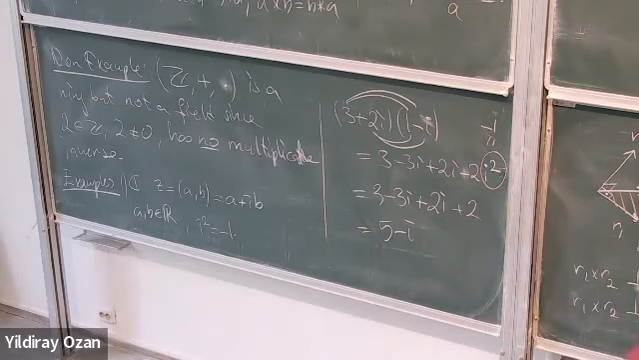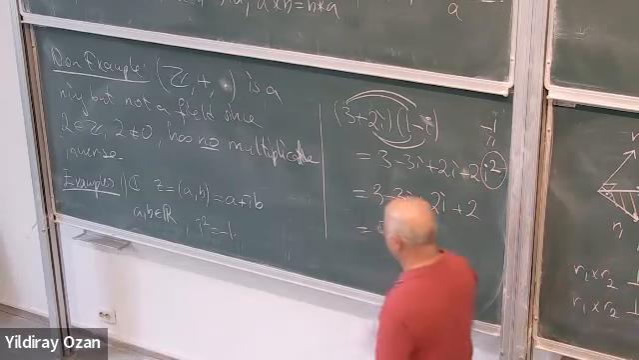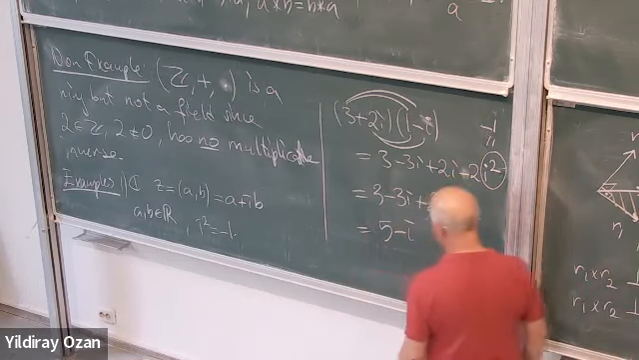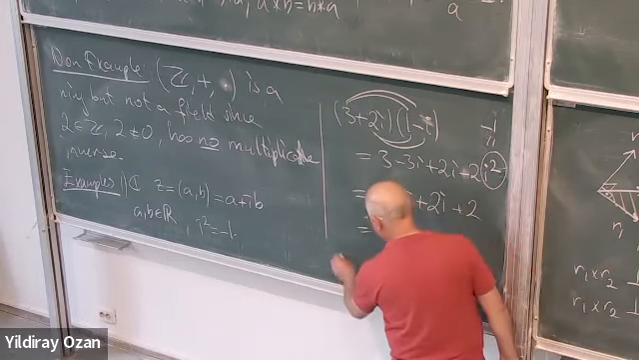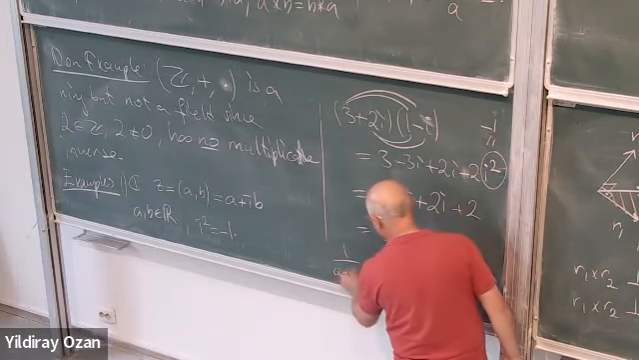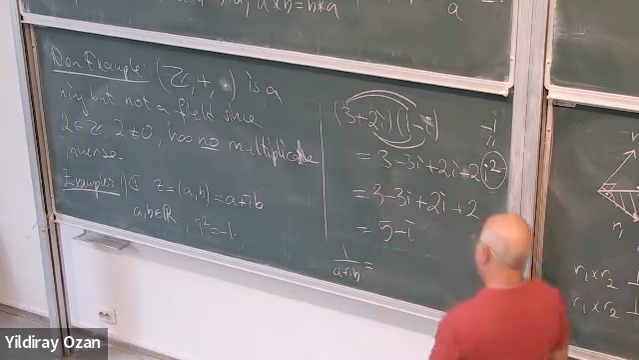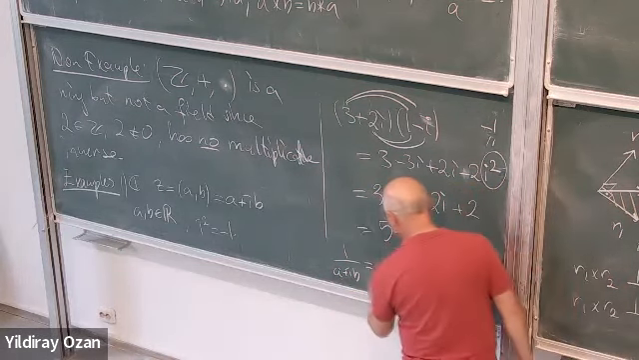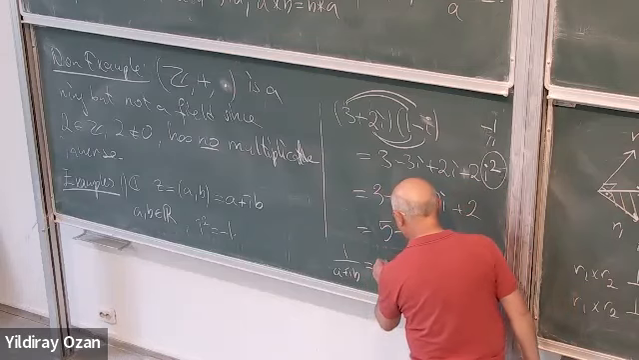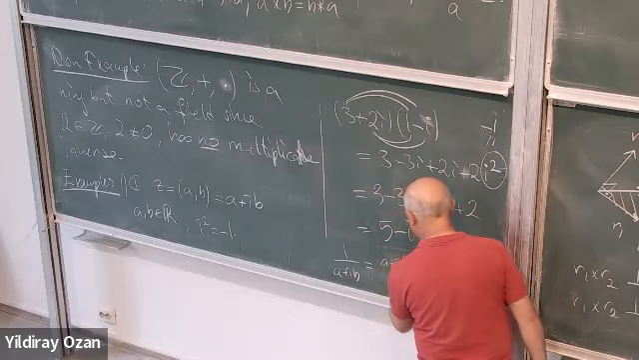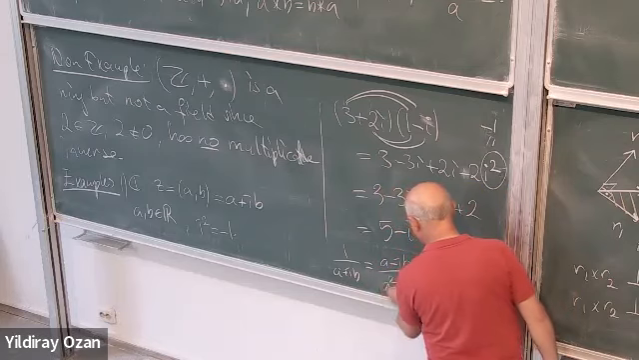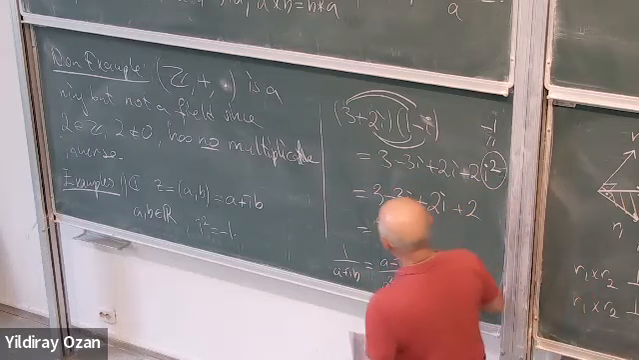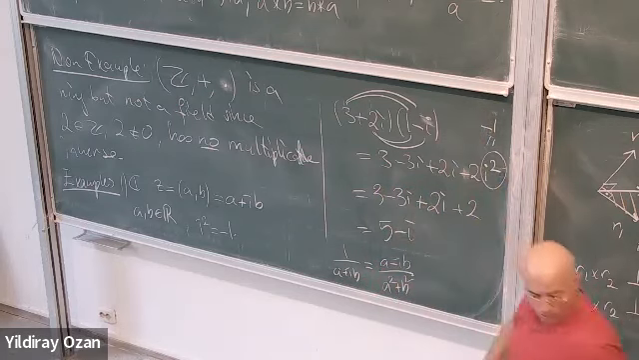Okay, and how do you find the additive inverse? Sorry, multiplicative inverse. For example, what is 1 over A plus iB? Okay, well, it is just A minus iB divided by A squared plus B squared. Why is that? Well, just, you can